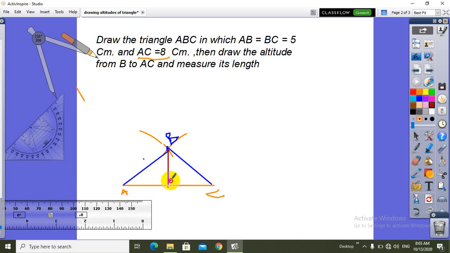You notice that this line is 90-degree perpendicular on AC. This is B, D, for example, or P, F, anything. This line is called the altitude, the height of this triangle, and we have another height on this base and another height on this base. Okay? The third example,